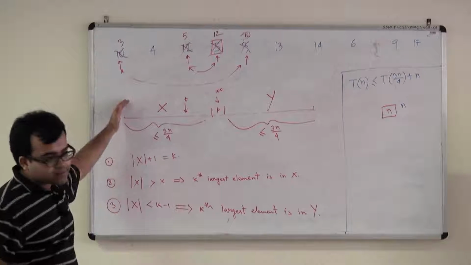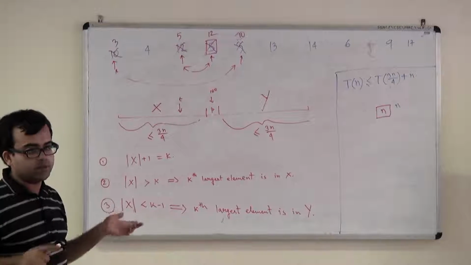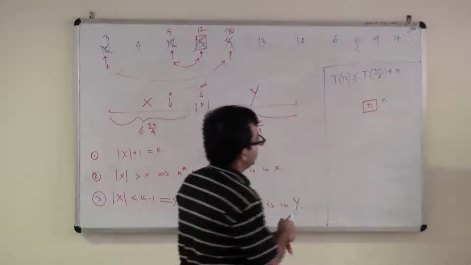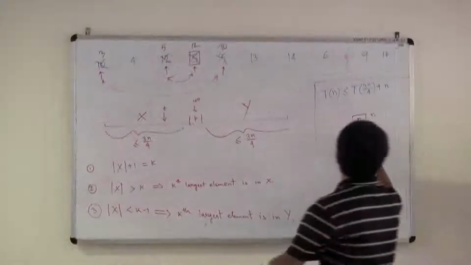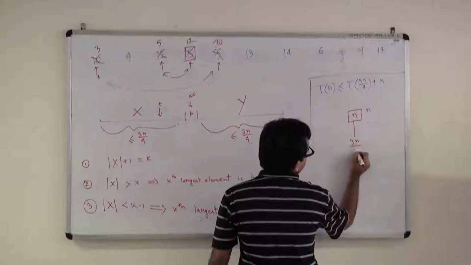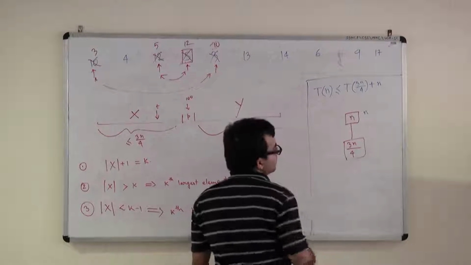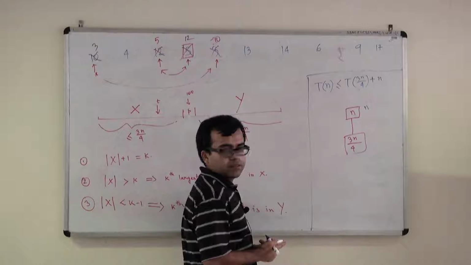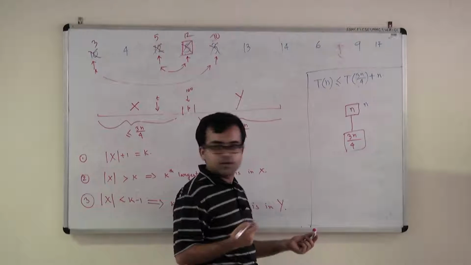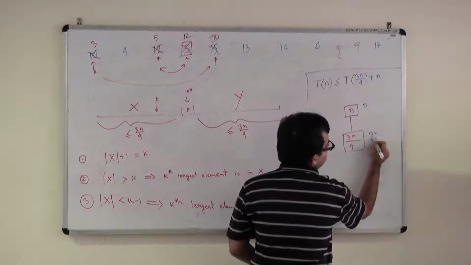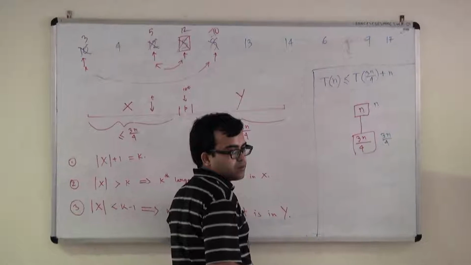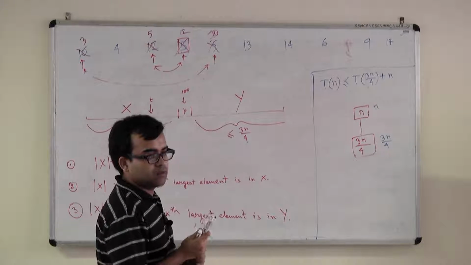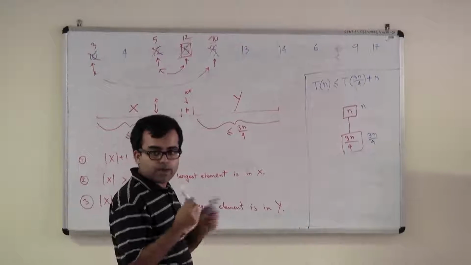We have multiple subproblems to consider at the same time. Now it's either X or Y. So how many children will it have? 1, exactly. So this guy now has 1 child, say of size 3n by 4. So what is the time spent on combined step on this? 3n by 4. Because he will do another split pivot, right? And then how many children will this guy have? 1 again.